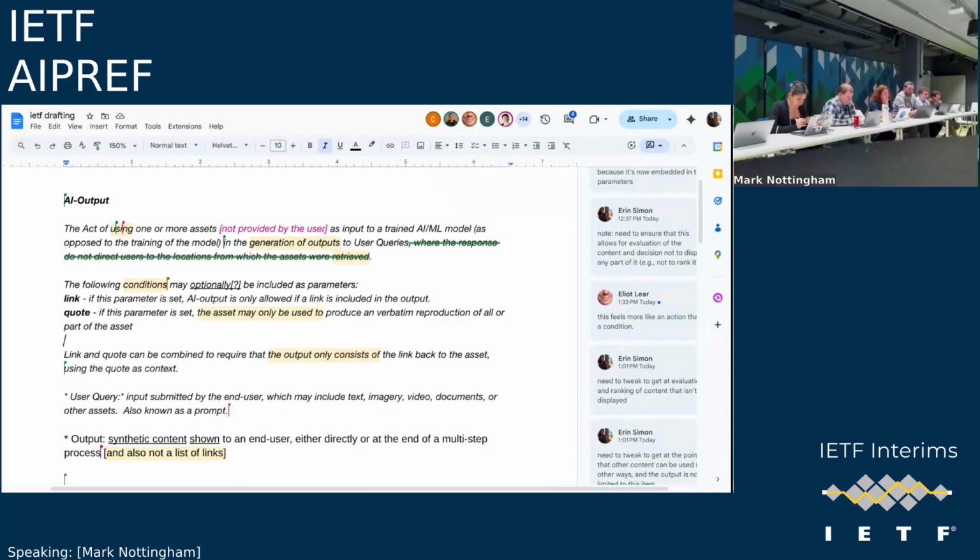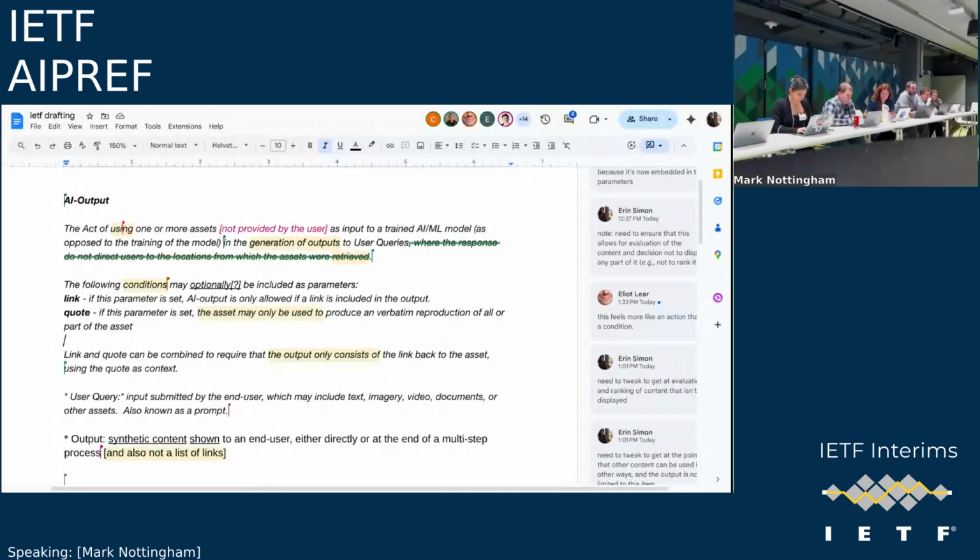And it strays into kind of that broader inferencing category in my mind that we were trying to limit. Well, yeah, so we deliberately didn't get into differences in content types here because that's kind of the next level of granularity to specify, and we wanted to keep this higher level. But I think if, in your example, the image used is not displayed to the end user, then that would be prohibited by the quote parameter. And if you don't think that's the case, I would really like to understand why.